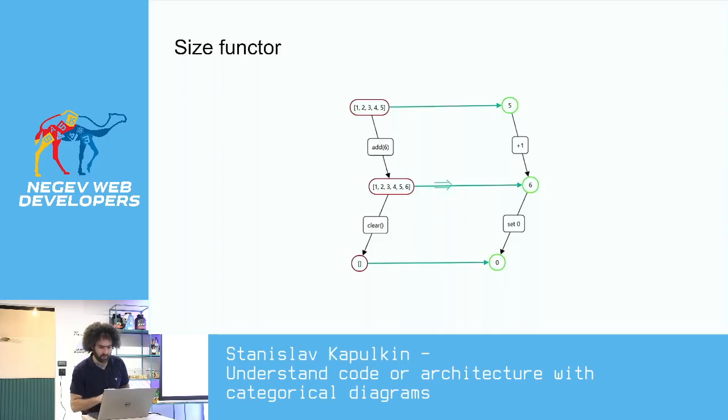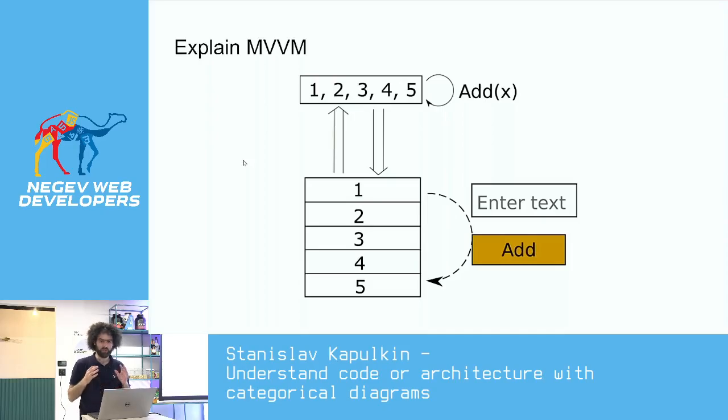What category theory brings is that it maps not only data, but also operations on data. Like there is a list and an operation to add an element, and we map it to +1 for size. It looks like something stupid, but it allows explaining such a complex pattern like model view model